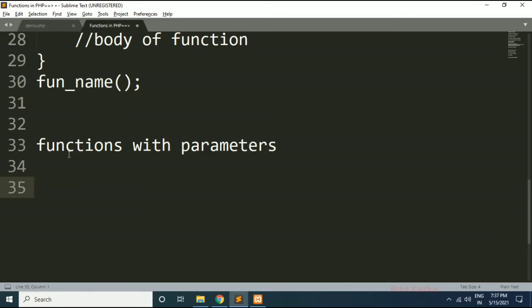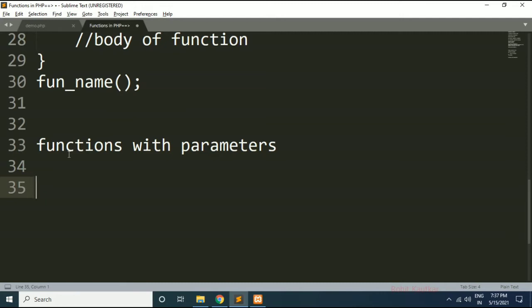We specify the parameters in parenthesis, and we can specify n number of parameters. Parameters are nothing but variables which hold data, and that data will be used by our function during execution.